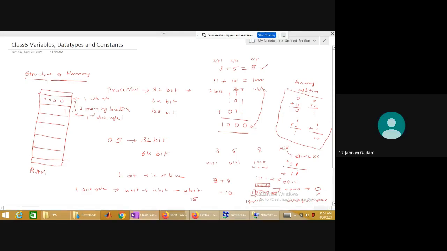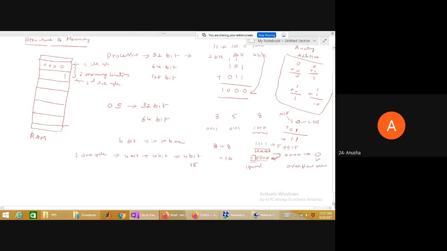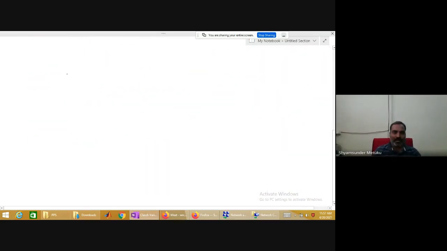Okay, very good. Now I tell you, first generation computers were 4-bit processors. Then 8-bit processors, I think it was the 4004 or something like that. Then 8008, I don't remember this particular number exactly, but you can refer later. Then the 16-bit processor came into the market. Then 32-bit, then 64-bit. Nowadays, what is the highest size of processor?